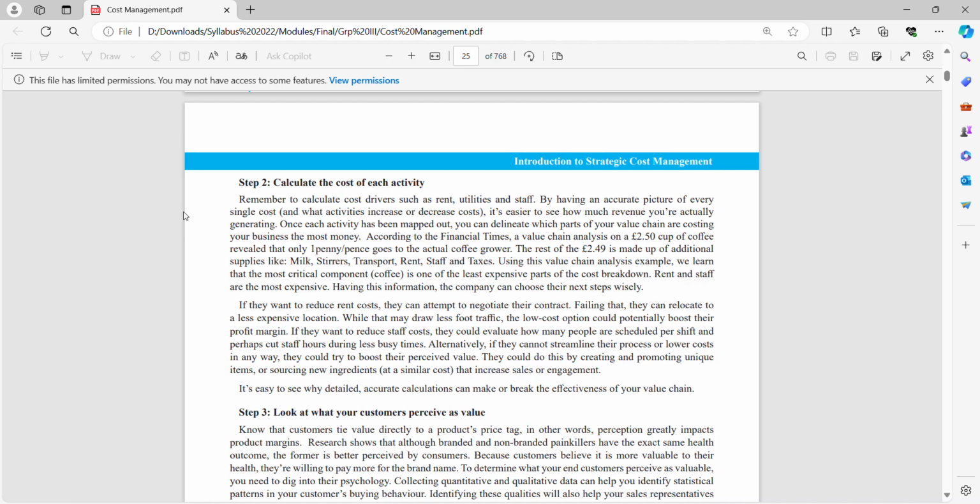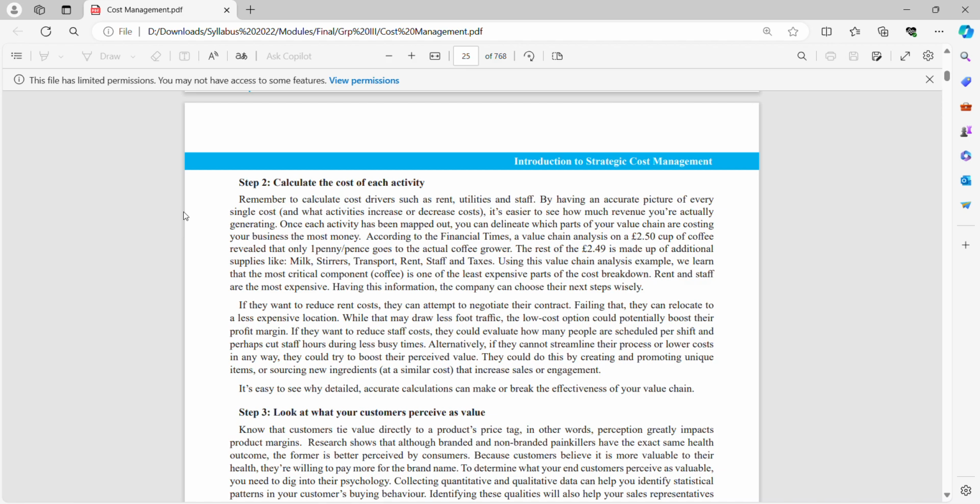So remember to calculate cost drivers such as rent, utilities, and so on. Each and every activity needs to be recorded. By having an accurate picture of every single cost, it's easier to see how much revenue you are actually generating. Once each activity has been mapped out, you can delineate which parts of your value chain are costing your business